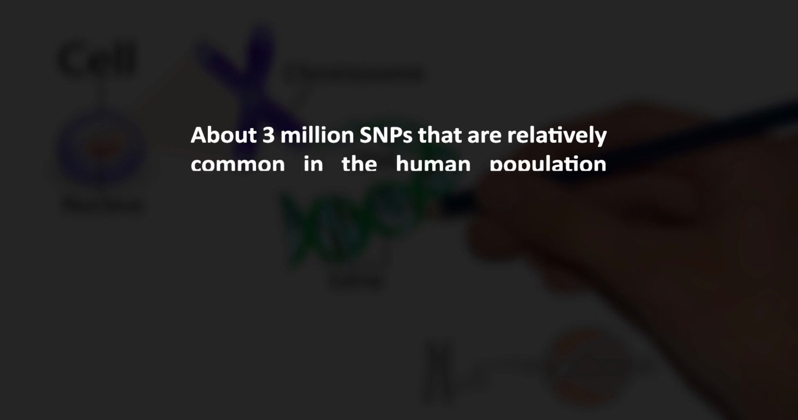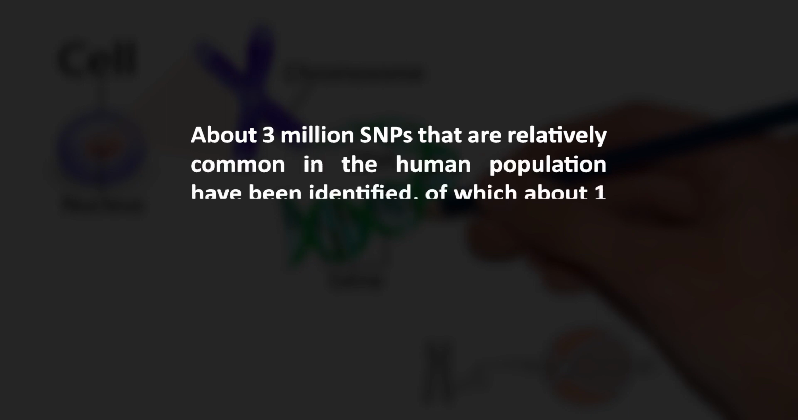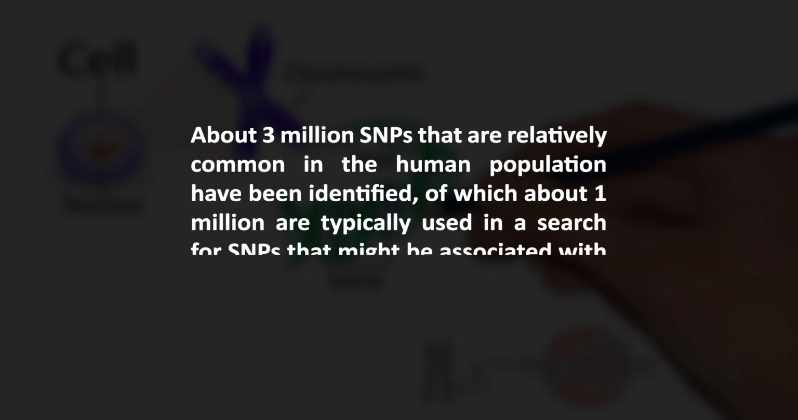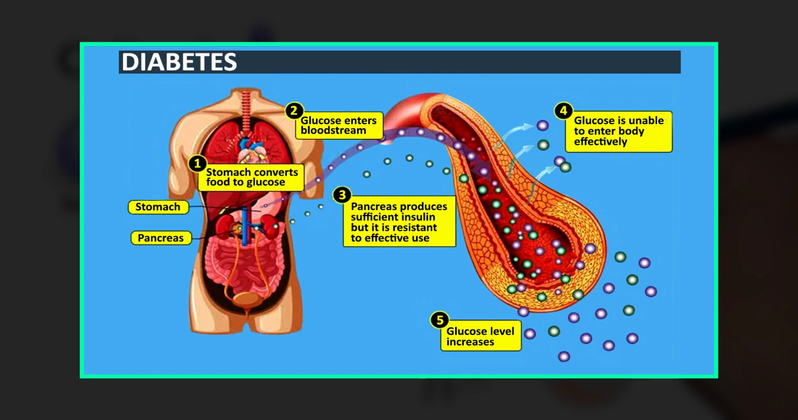The SNP defines two alleles for which there could be three genotypes among individuals in the population: homozygous chromosomes, or heterozygous chromosomes with TA in one chromosome and CG in the homologous chromosome. About 3 million single nucleotide polymorphisms that are relatively common in the human population have been identified, of which about 1 million are typically used in a search for SNPs that might be associated with complex diseases such as diabetes